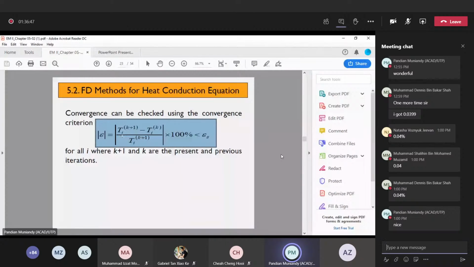So the K is already fixed. K is fixed. The I is different. I is T2. Of course, power is 2. K plus 1, K is 1. So T2 power 2 minus T2 power 1 divided by T2 power 2. So now I is 2. You calculate